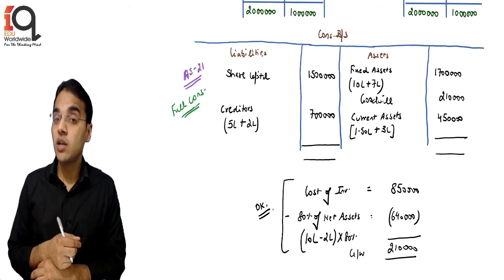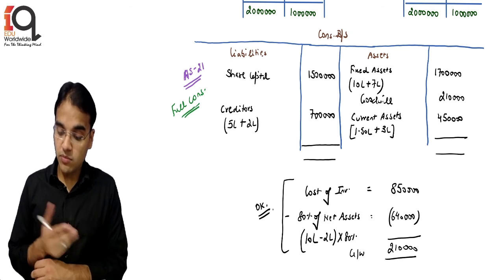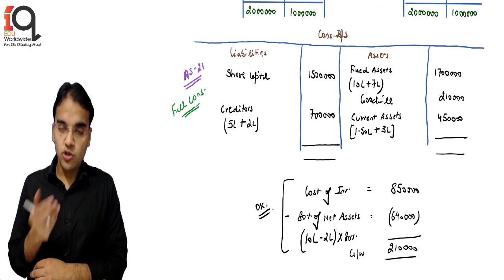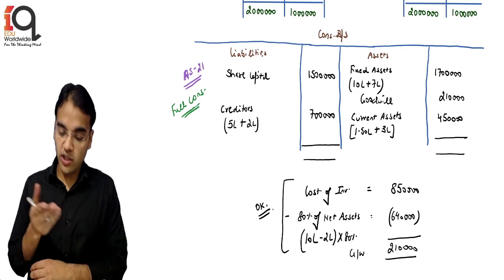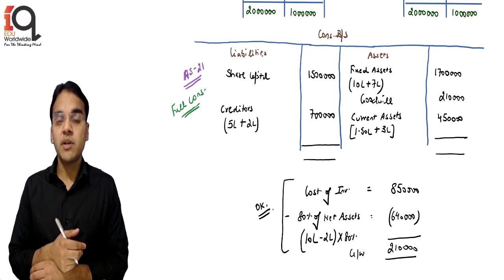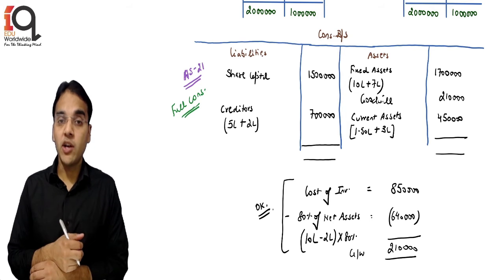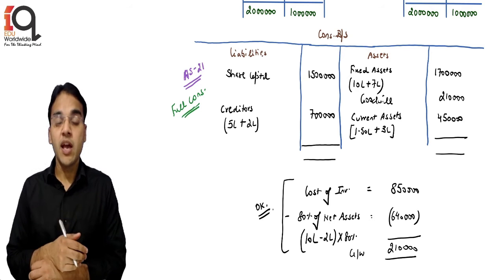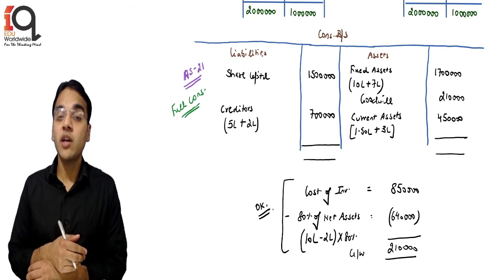But now comes another problem. Your balance sheet is not getting tallied. Why is it not getting tallied? Because you are actually doing full consolidation. You are adding 100% of the net assets even though you acquired 80%. So there is one concept coming up, something known as minority interest. Now what is minority interest? Each and everything is written in the notes, so don't worry. Minority interest is nothing but non-controlling interest.